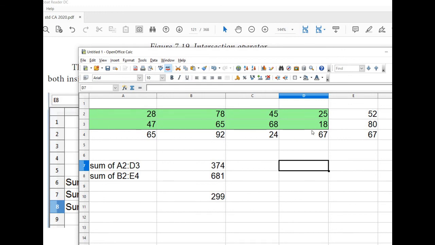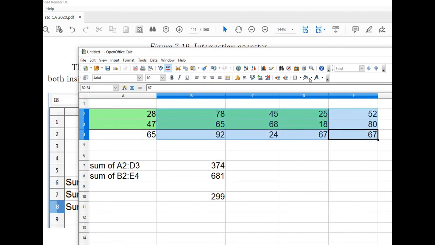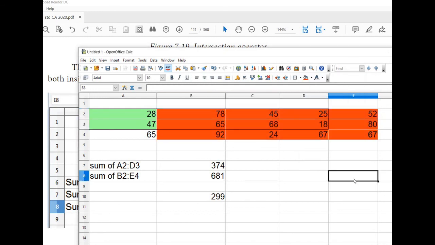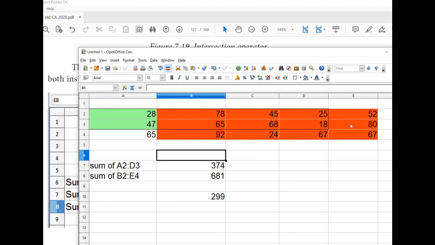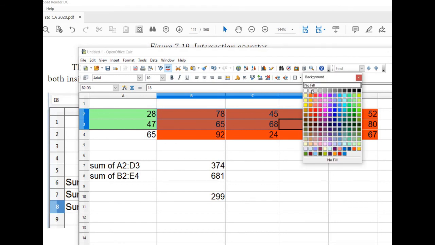A2 to D3, and the next one is B2 to E4. Okay, so the first range is this green color range, and another one is the red color range. So the common part is this place. Am I right? So this is the common area for them.